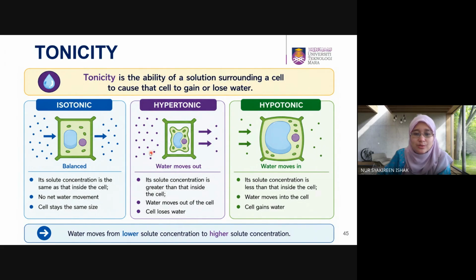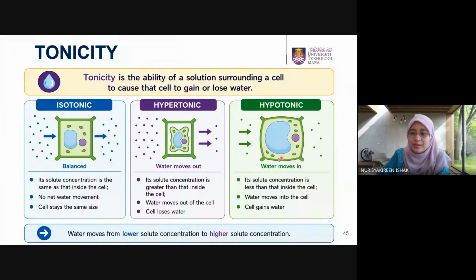So hypertonic solution, the solute concentration here is greater than inside of the cell. So there will be more solute outside compared to inside. So what happens is that water from inside the cell will move out. The movement of water is through the process of osmosis. Whenever you are describing the movement of water, it always involves the process of osmosis. So the cell loses water. And then for the hypotonic solution,